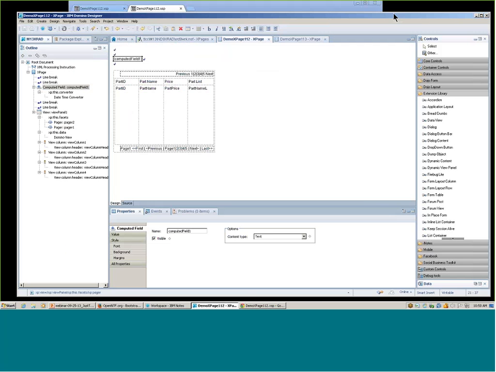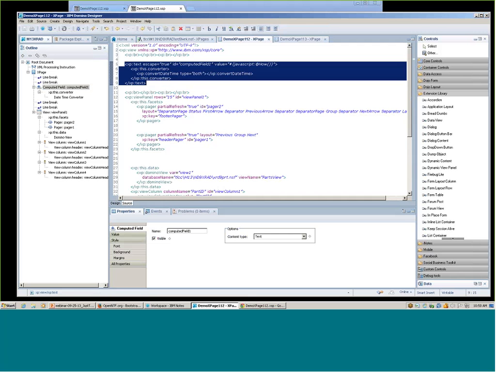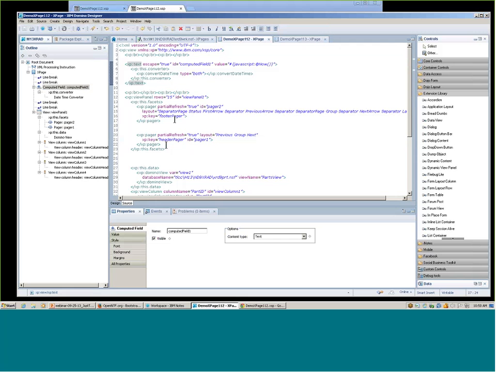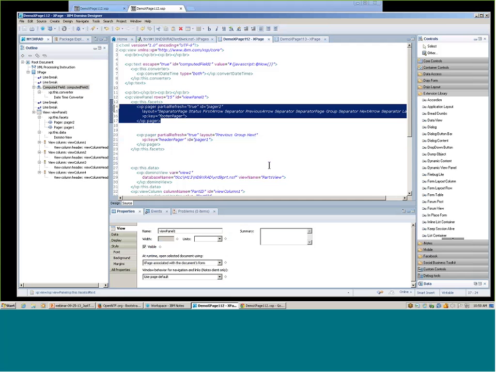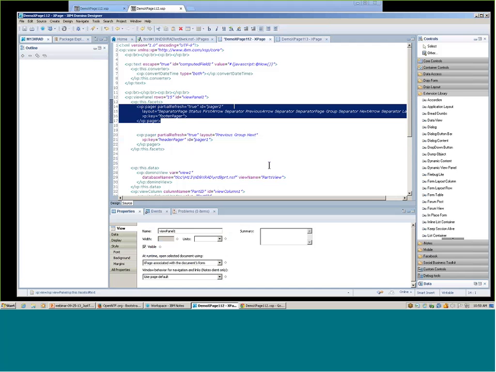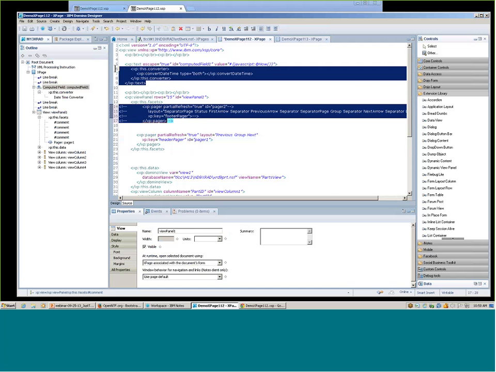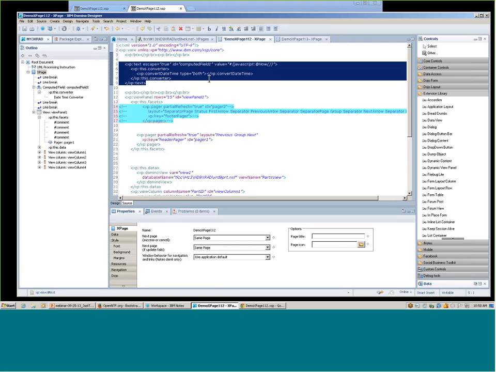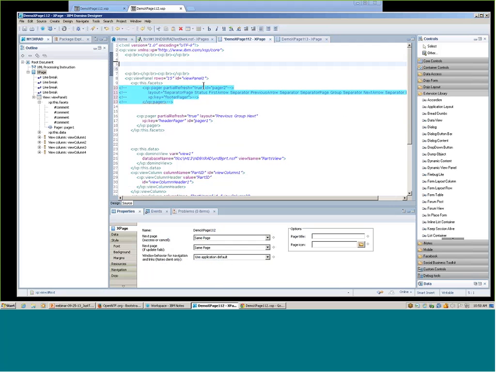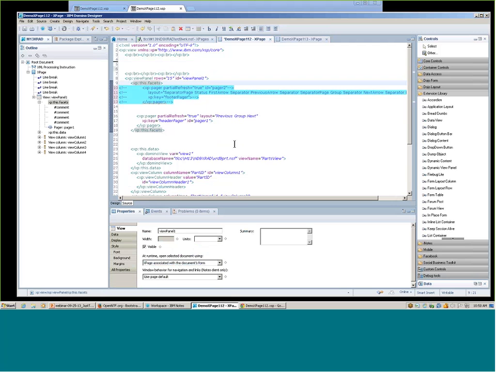So to do that, I can switch to my source, and here's my footer pager in my facets. I can comment that out. Okay, so I'll comment that out, and I'm going to move my computed field control in between the this.facets tags for this view panel control.